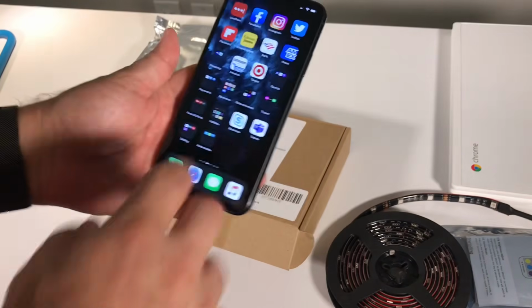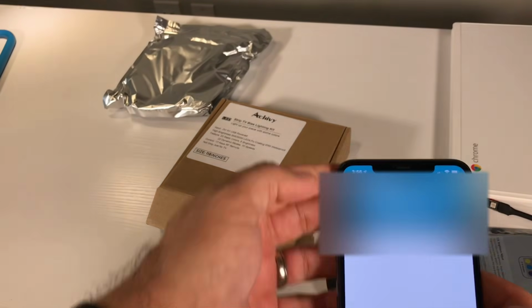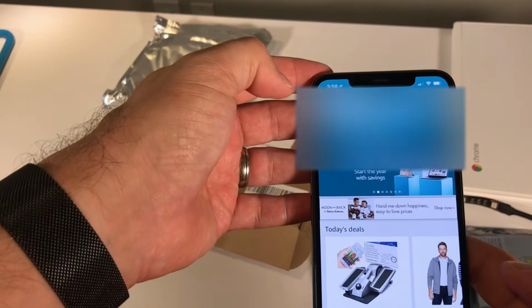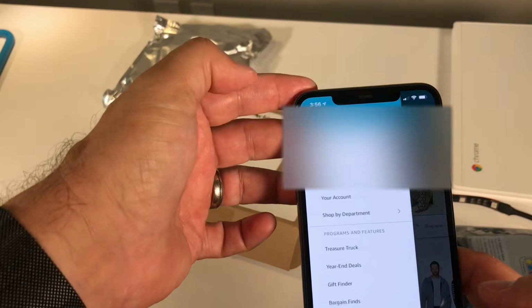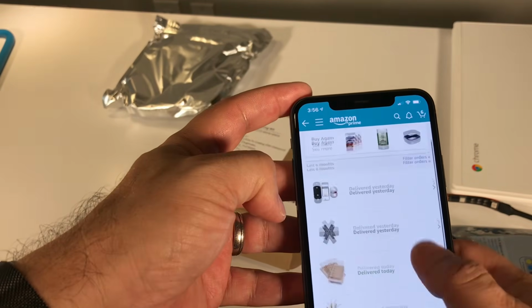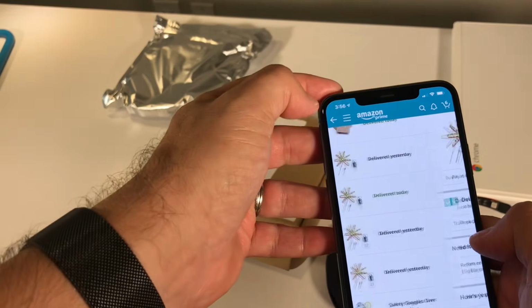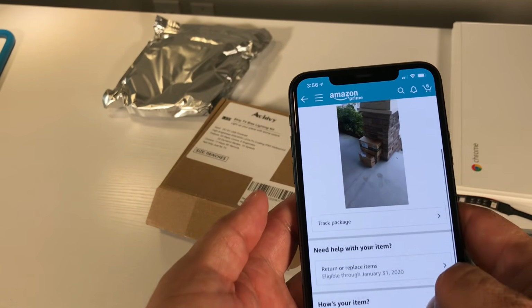So the first thing you want to do is open up your Amazon app, and I'm already logged in, so you don't have to worry about that. If you're already logged in, you don't have to put in your password. You want to hit this menu on the top left, and you want to go to your orders. And once you go to your orders, you're going to go to the item that got delivered to you. So this is the first item that got delivered, and you're going to see